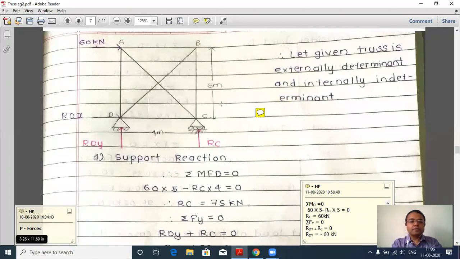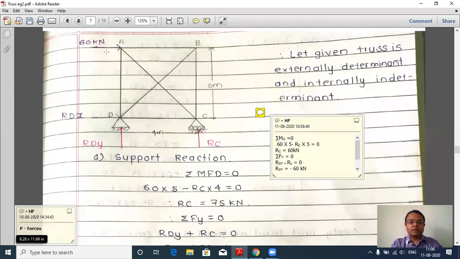So in this problem, first of all, we will find the SDI of the structure. So the SDI of the structure is,